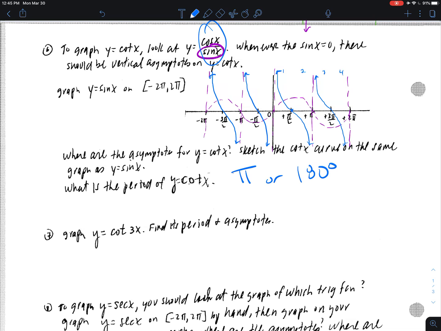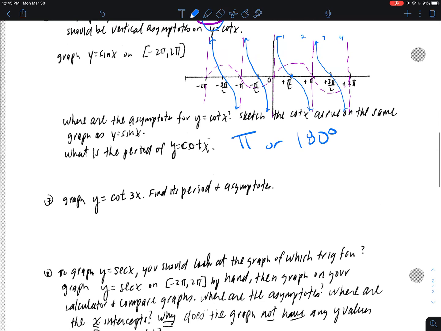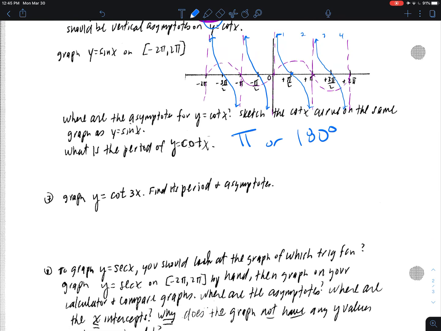If we think to ourselves, okay, what is the period of, graph y equals cotangent of 3x and find its period? Well, we know that the period for a basic cotangent is pi. So pi over b is equal to pi over 3. That would be the period for y equals cotangent of 3x. And just to give us a quick sketch here what that would look like, since the entire period is pi over 3,